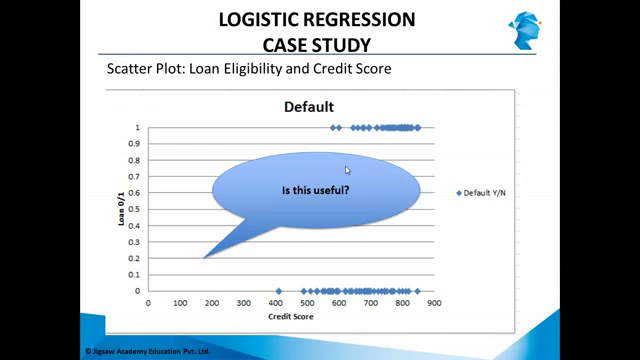Can we think of a better way of looking at eligibility and credit score instead of doing a simple scatter plot between credit score and default? Can we think of a better way that looks at the relationship? Because ultimately we do know that there is a relationship between default and credit score. How do we do that? So